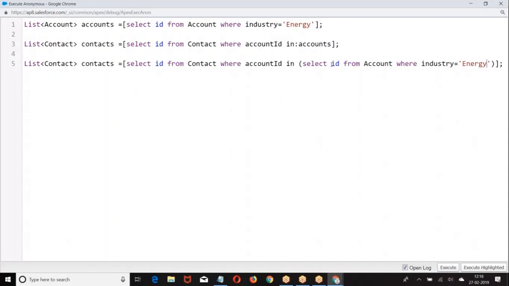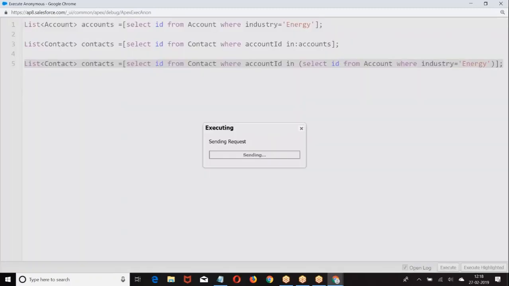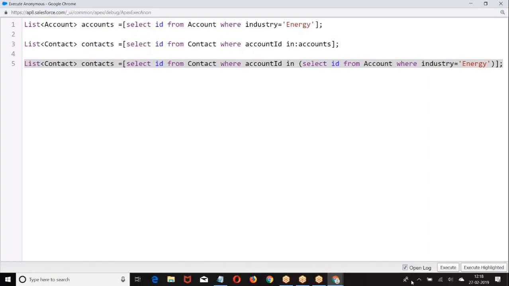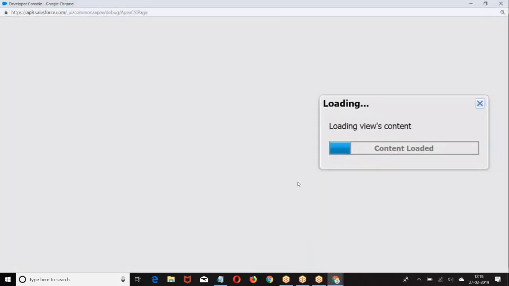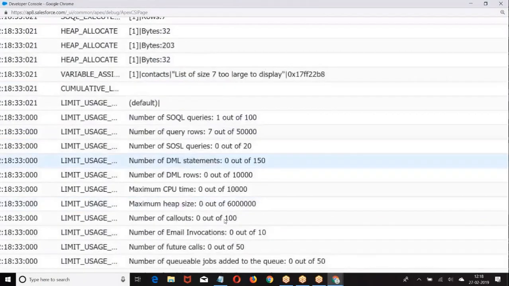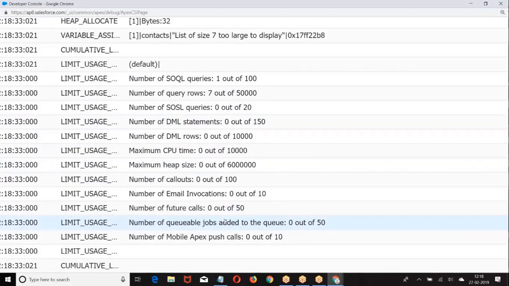Both are the same. Where account ID is in this. Now let us go back to this and execute this query. How many SQL queries? 1 SQL query. Now the point, the advantage of writing a parent to child or child to parent SQL query is they only consider the parent record count. They will not consider the child record count.